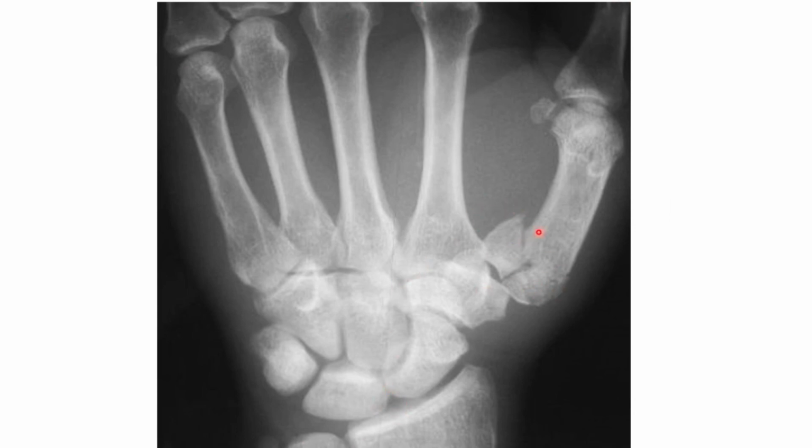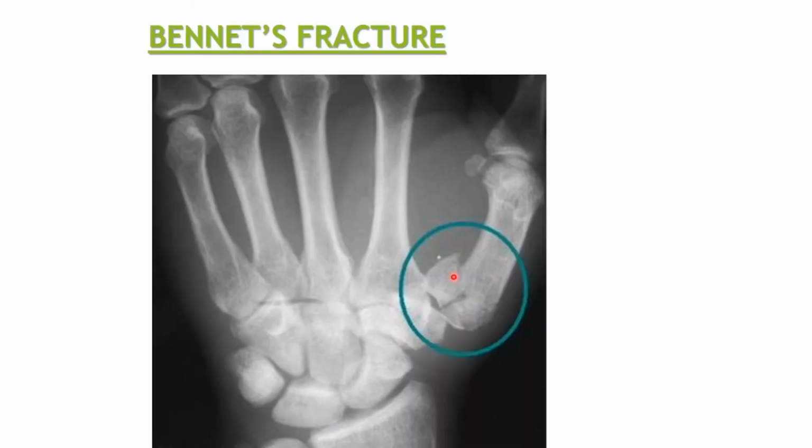Here is the fracture of the first metacarpal bone, and this is called Bennett's fracture. So Bennett's fracture is the fracture of first metacarpal bone, and that is the most common fracture of the thumb, and this can also involve the carpometacarpal joint and also lead to the dislocation or subluxation of the carpometacarpal joint. So this is the Bennett's fracture. So this was all about